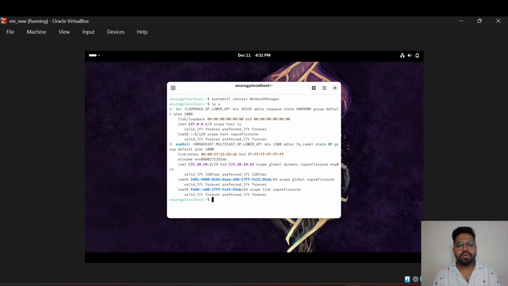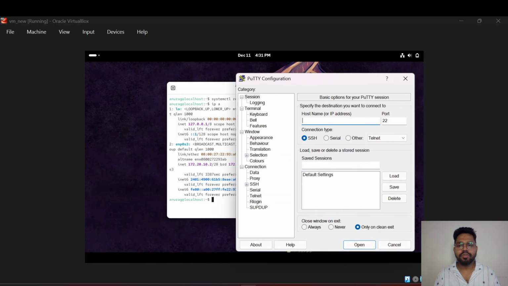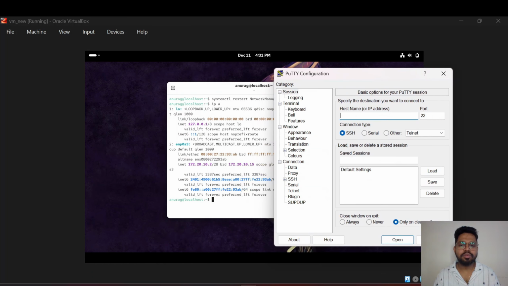Now I'll be installing one remote connection tool, that is PuTTY, and since it is installed already in my system, I'll open it up. If you want to install the same tool, you just have to go to Google and search for PuTTY download for Windows. Download the software and install it on your system. When you open this, you get the prompt to enter your IP. Enter 172.20.10.2. This is my system's IP address. For your system it can be different, but mostly it will be in the 192 or 172 series. Click on open